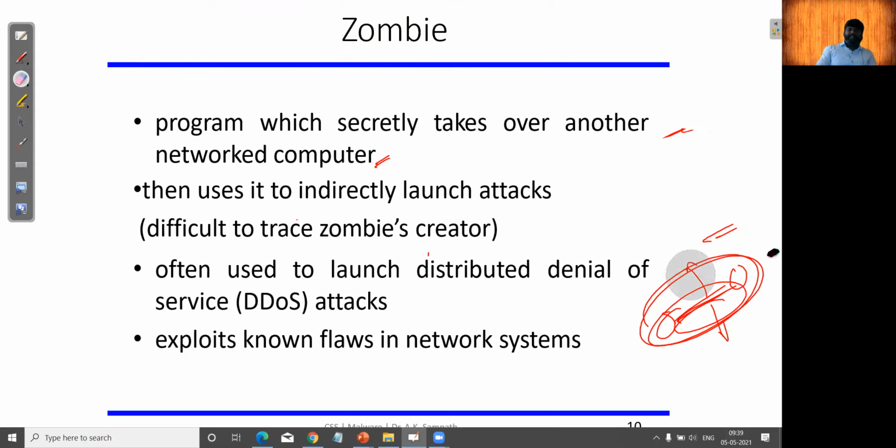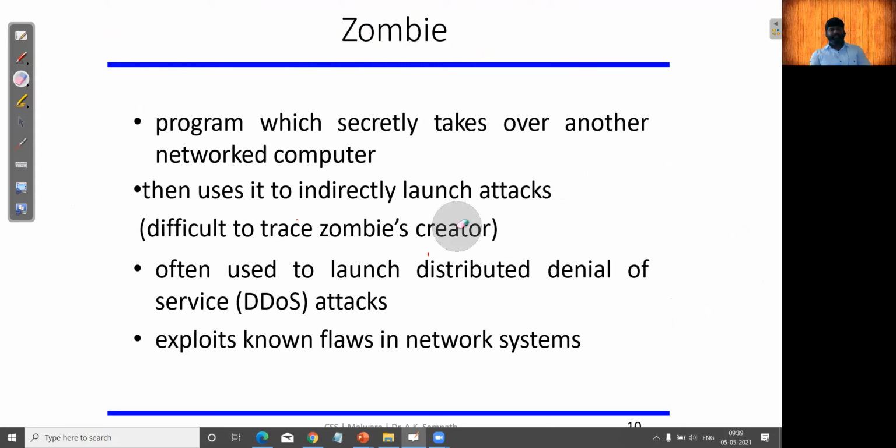So these worm and zombie which can propagate over the network are mainly used to launch a distributed denial of service. You all might be knowing, what is denial of service?